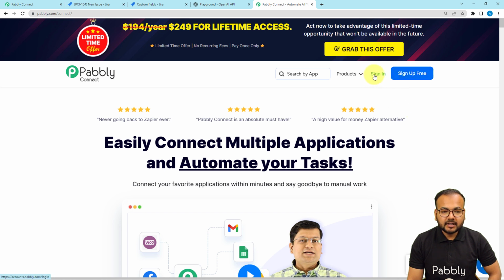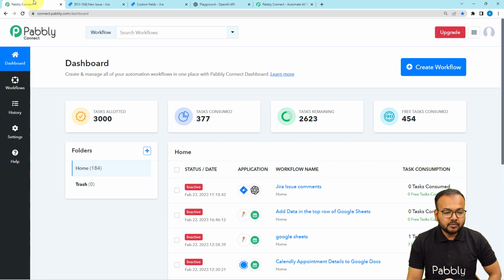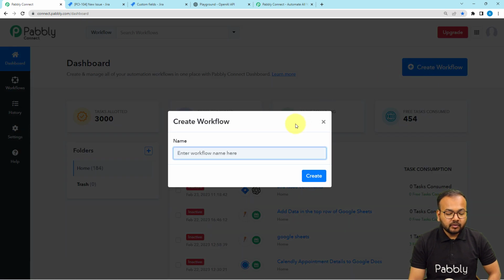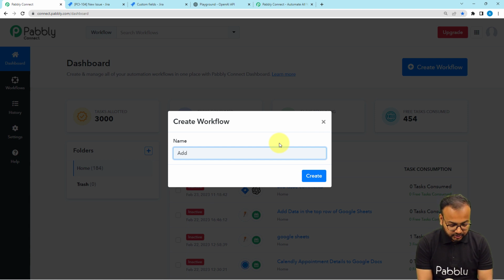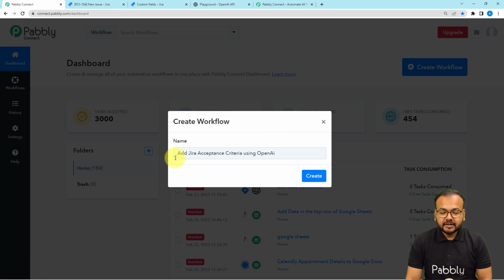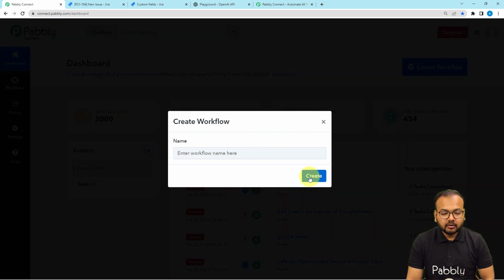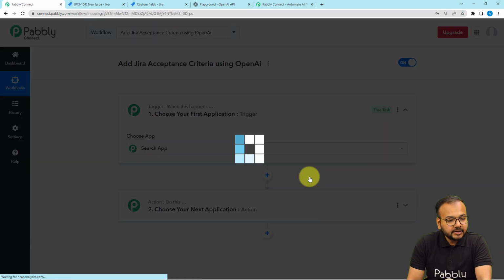After that you have to sign in and you will reach the dashboard of Pabbly Connect application. From here guys, you have to click on this create workflow button to set up the workflow. Here you can give a suitable name to your workflow as well. So I am giving the name here as add Jira acceptance criterias. So guys, after giving such kind of names, you have to click on create button and you will reach